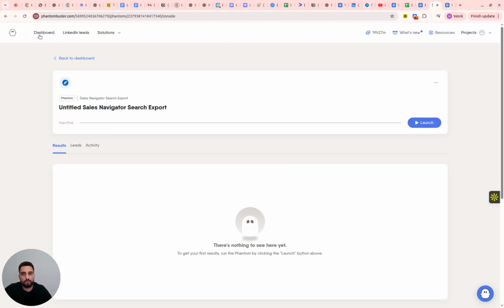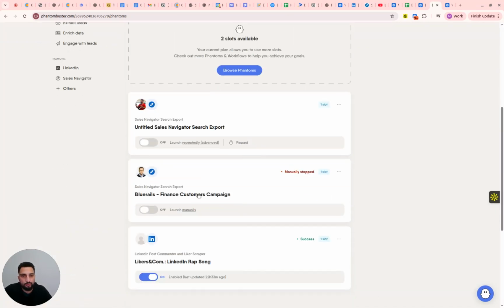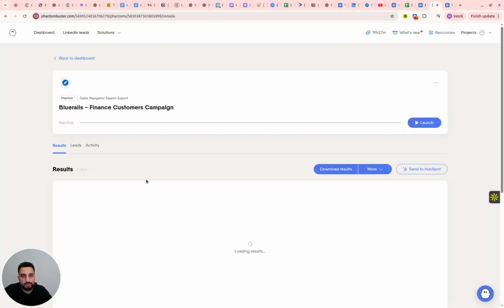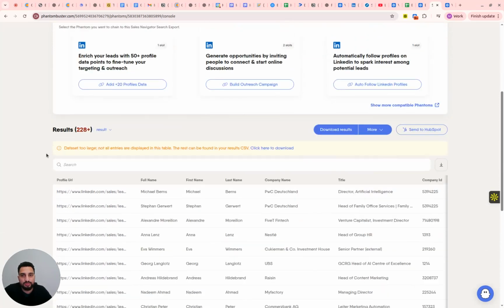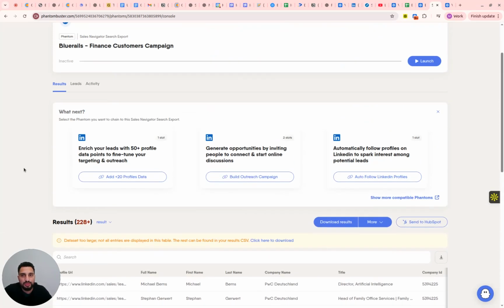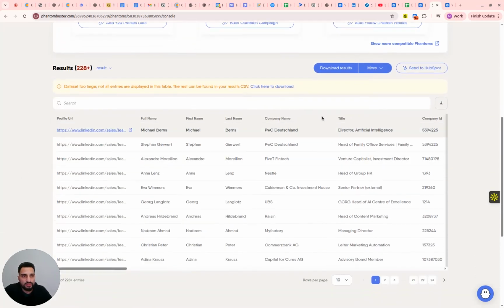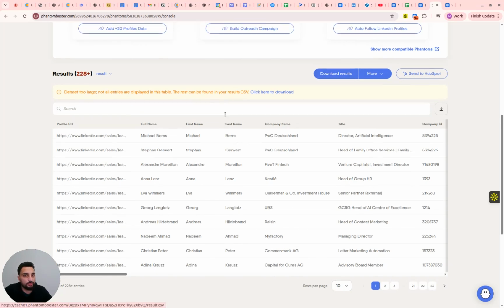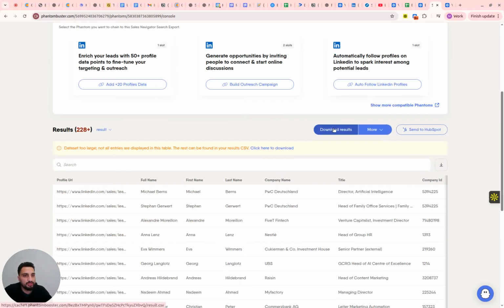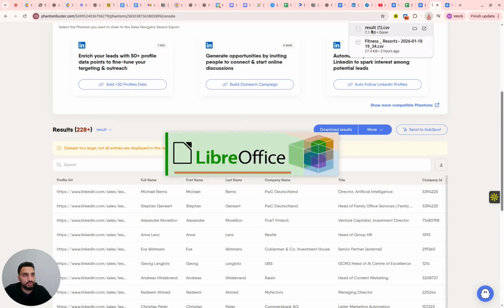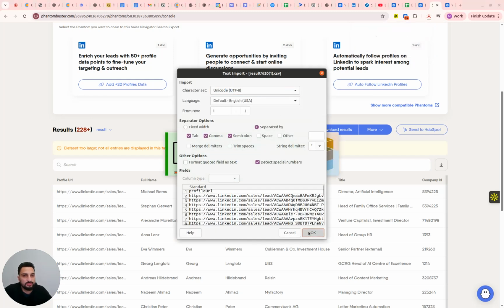But I can already show you what the result looks like from one of our older phantoms. For example, this is a phantom, and you can see the results that we scraped. The data set is too large, but there are a lot of results in here. Once the launch finishes, it just scrapes everything, and then you can just download the results. You can see the name of the file is result,